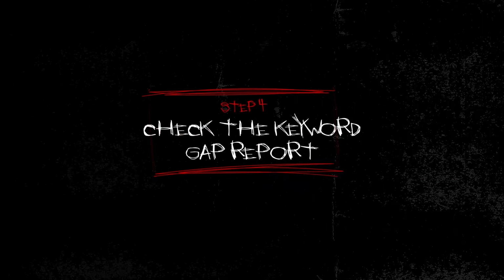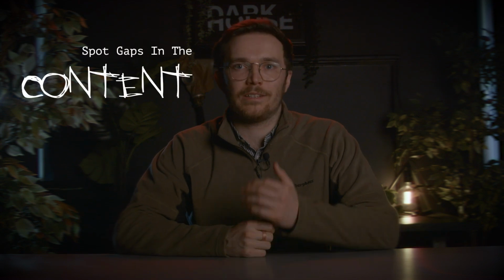And finally, the next step is to check the keyword gap report. This will help you find where you have the wrong page ranking or where you're targeting the wrong keywords, but also help you to spot gaps in the content that your target audience are looking for. There's my top tips for spring cleaning your content for SEO in